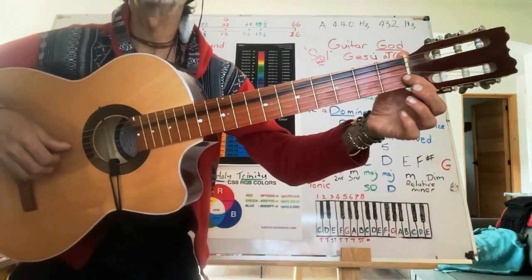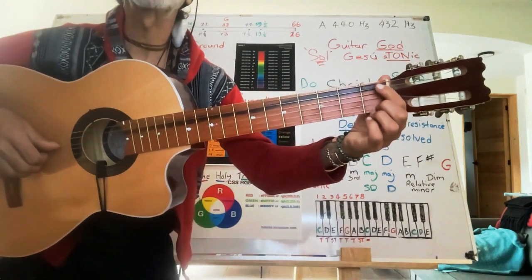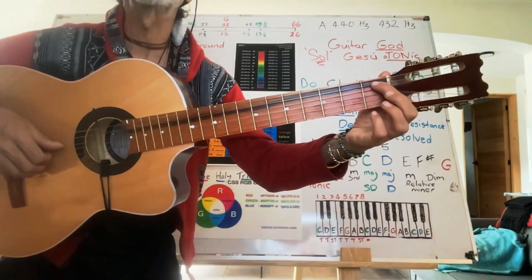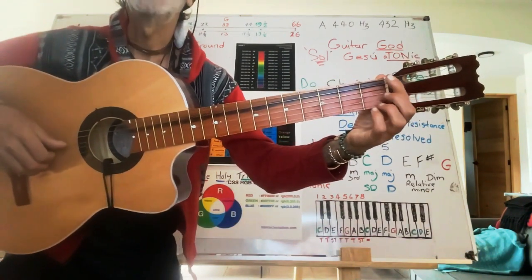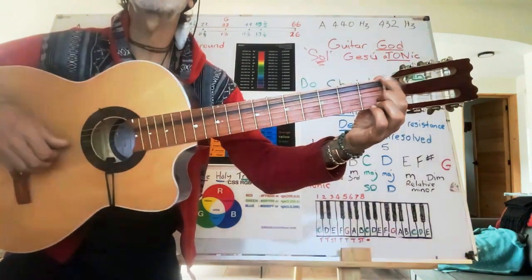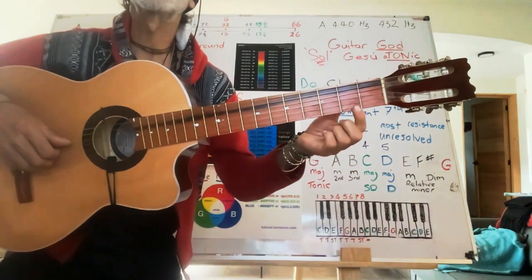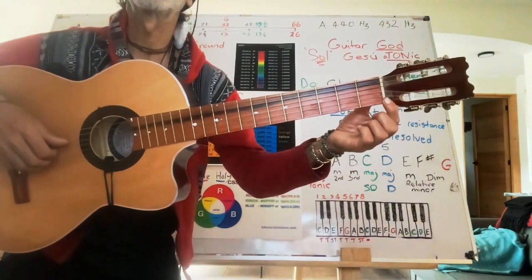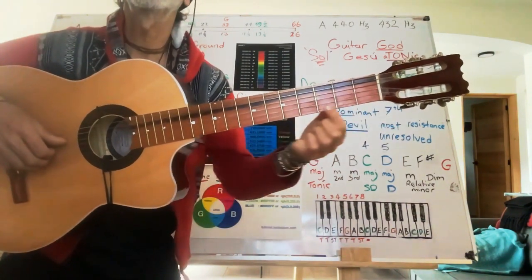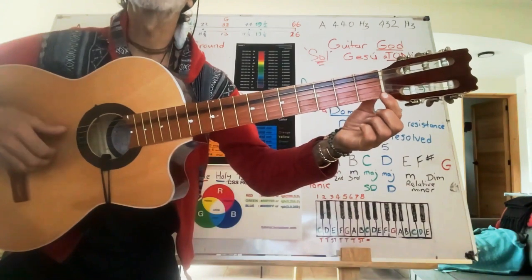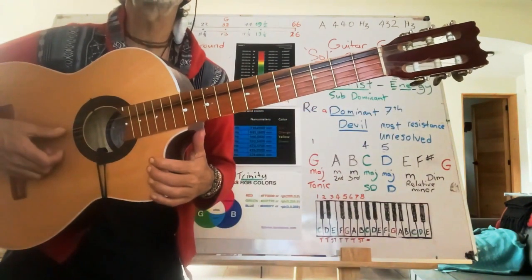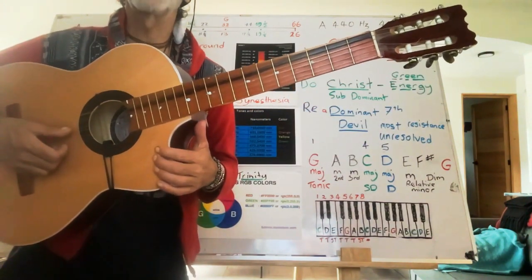So what we do to the standard tuning guitars, we drop this down to a G, and this becomes your tonic now. And we drop this E string down to a D, which means we also do it with this one. This is an E string, the first string. We tune this down to a D. So what you've got is D, G, the tonic,